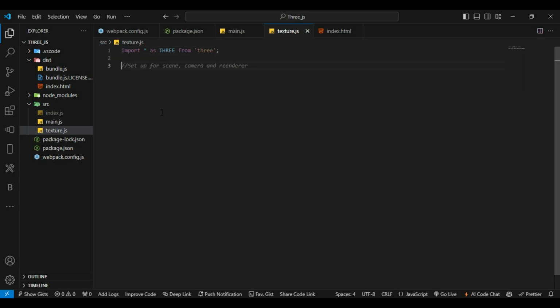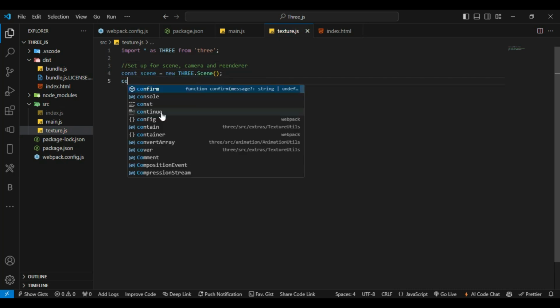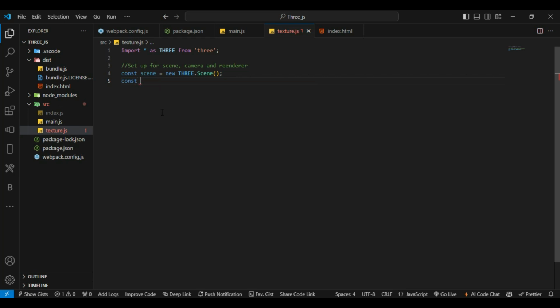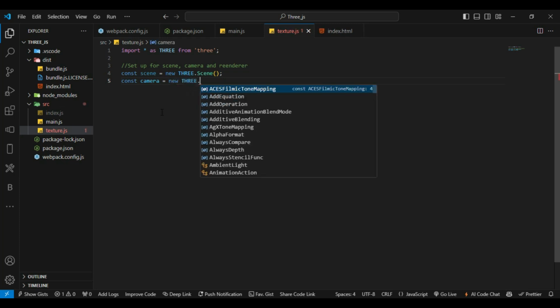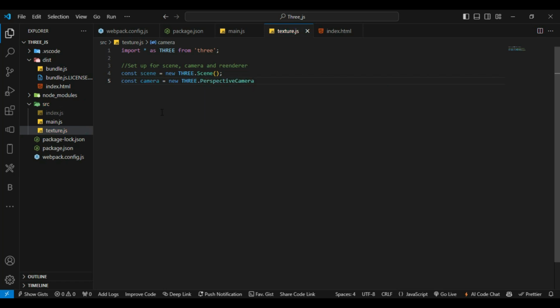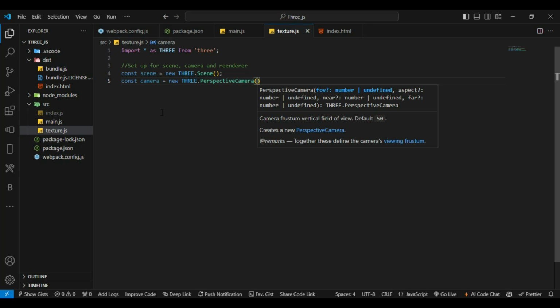The next thing we do is set up our scene, camera, and renderer. So I say const scene is equal to new scene, const camera is equal to new THREE.PerspectiveCamera. Then I give my value, so I say 75,